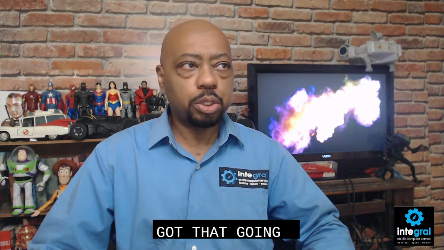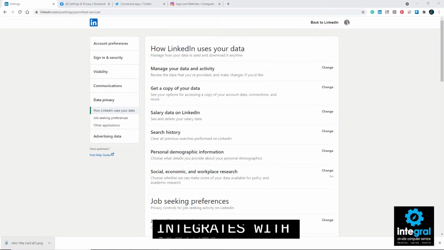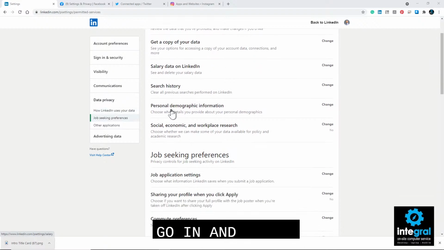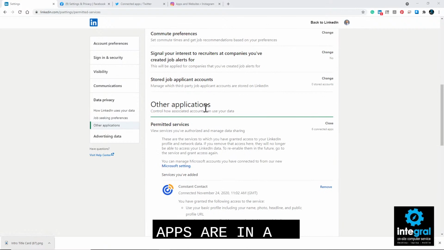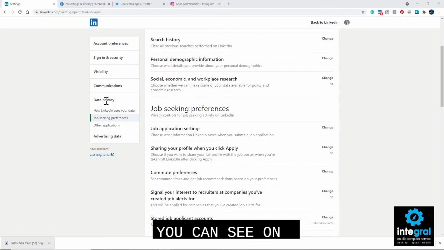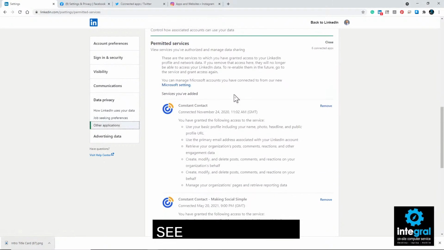So we got that going. Let's switch screens, and we're going to take a look at LinkedIn, because a lot of people don't realize that LinkedIn integrates with specific apps that you may not be aware of. So if you go into settings in LinkedIn and under data privacy, you definitely can go in and look and see which apps are integrated with LinkedIn. And as you can see under the data privacy section, you want to go down to other applications, and lo and behold, there are programs that integrate with LinkedIn that have access to